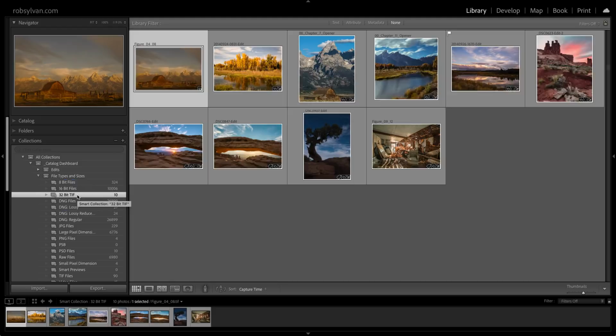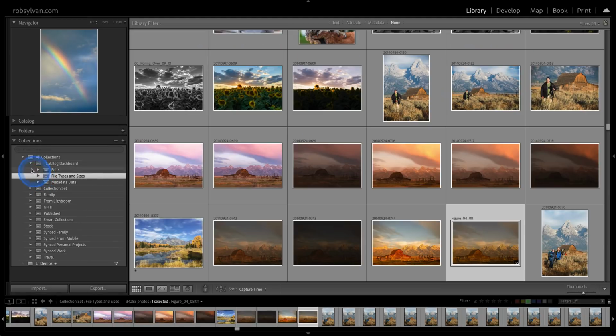Why might you do that? Well, 32-bit files are big. They really take up a lot of space. These were kind of all the rage before we had the Photo Merge to HDR within Lightroom Classic to save out a DNG file. One of these days I'm going to come through and redo these and possibly delete the very large TIFF file. There's a lot more I could say about smart collections. They're super powerful, and I highly recommend you play around with these and make them work for you. I go into them much more in depth in the workbook, but I really want to move on to discuss